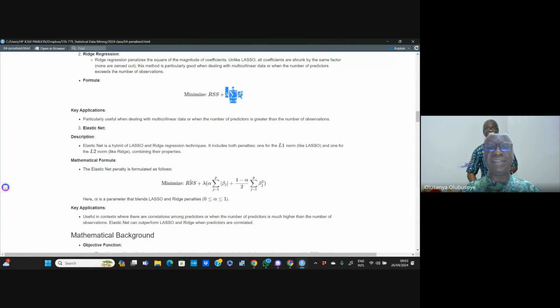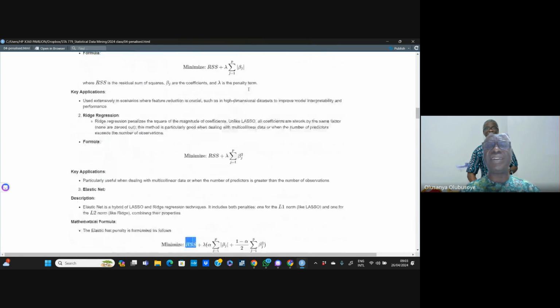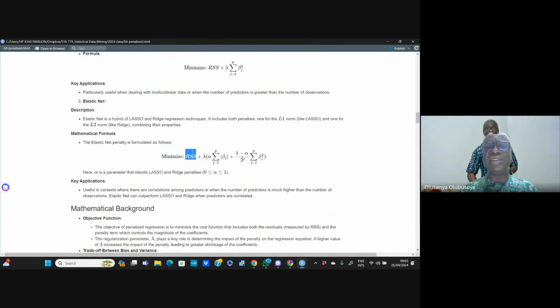So you still minimize the residual sum of squares as well as this component of the LASSO and this component of the ridge regression. So even though we introduce another parameter here, which is alpha, so this parameter,